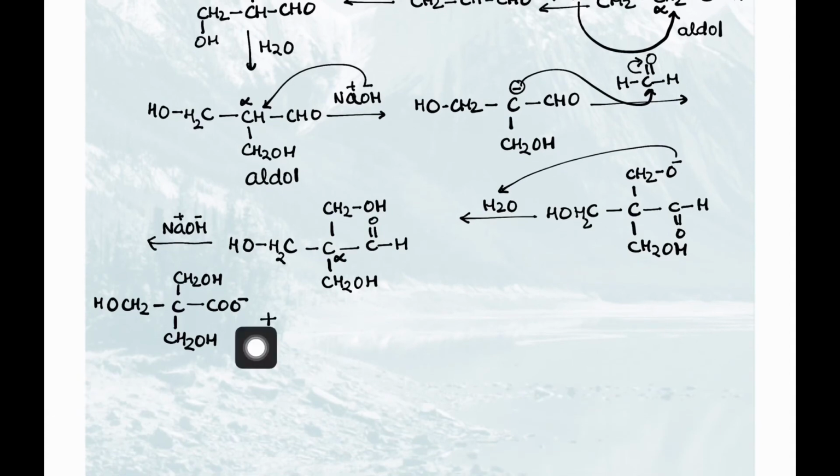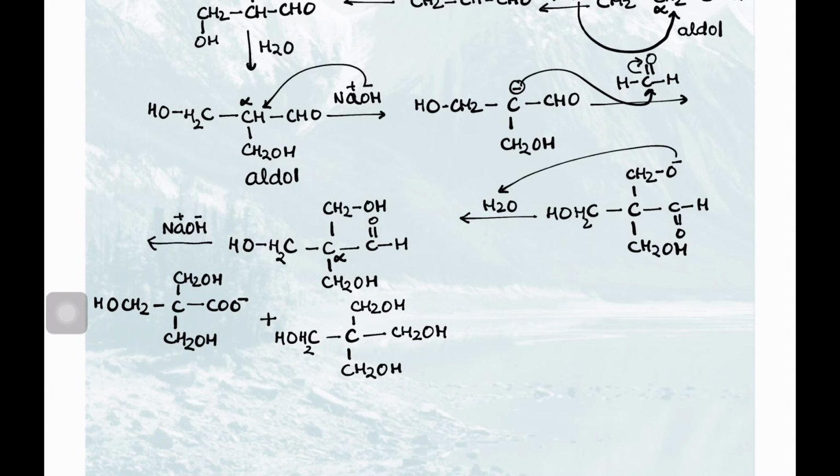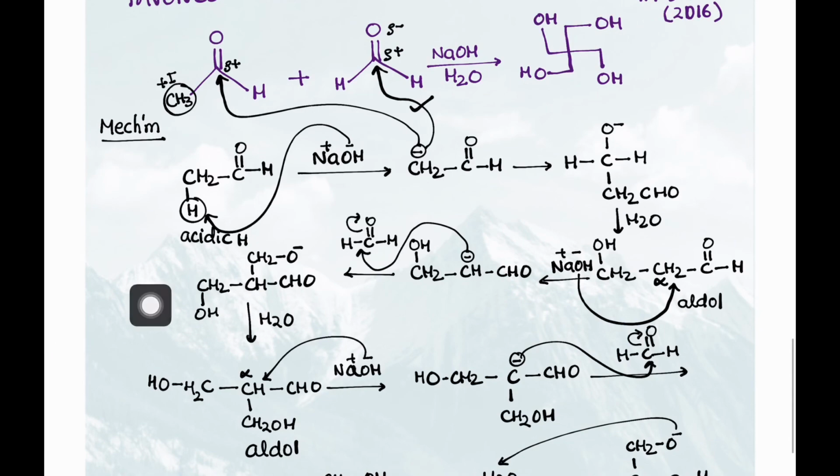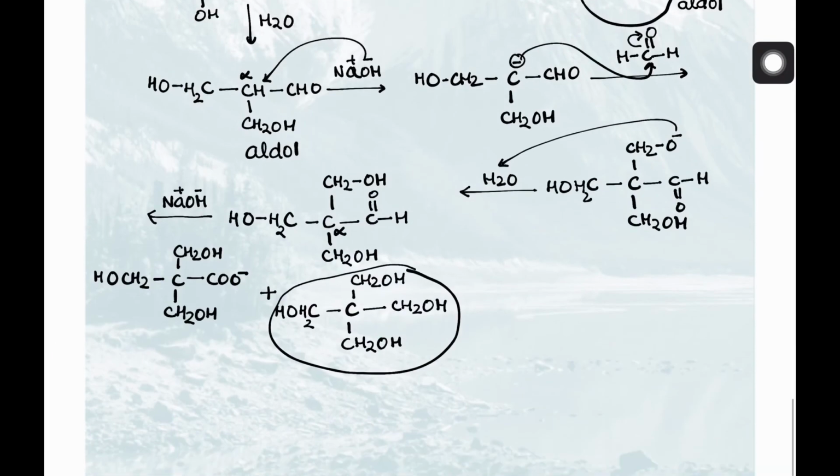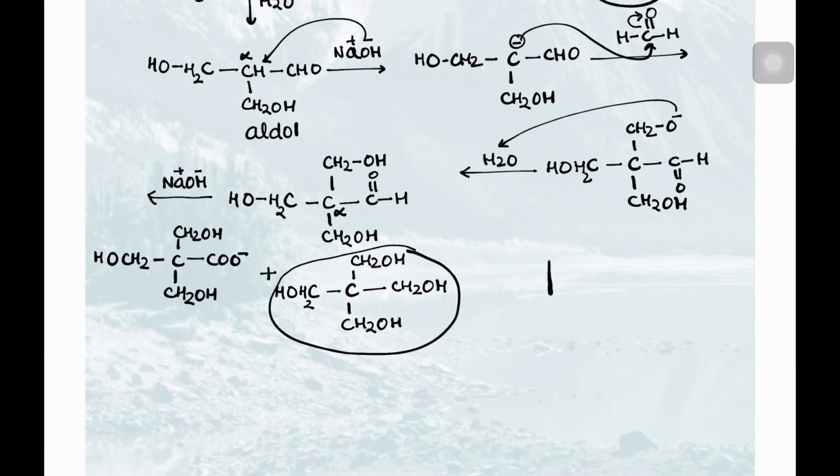And the other reduced product is, when the aldehyde gets reduced, it will go to the 1 degree alcohol here. So you will get C, CH2OH. This will also turn to CH2OH, CH2OH, and CH2OH. So this reduced product is basically the product we have, this one. Or you can simply write it as the carbon, then CH2OH, CH2OH, and then CH2OH, CH2OH. So both are the same basically. That is the final product.